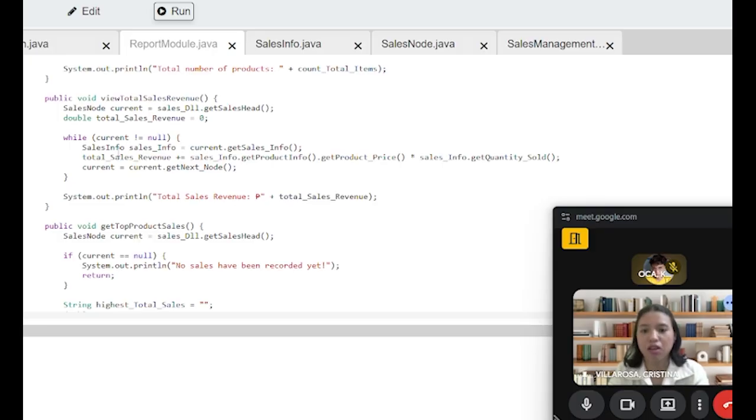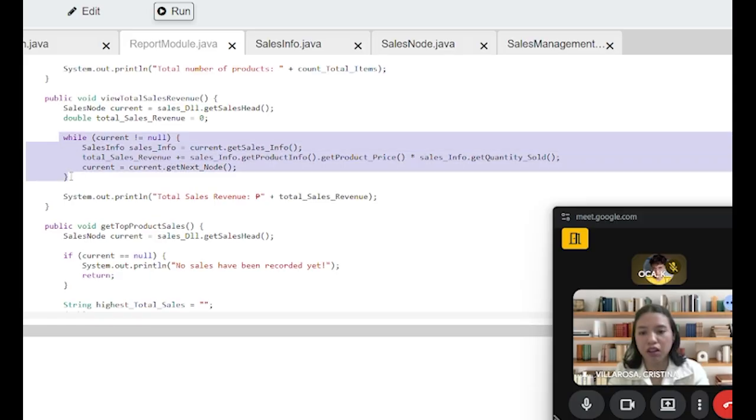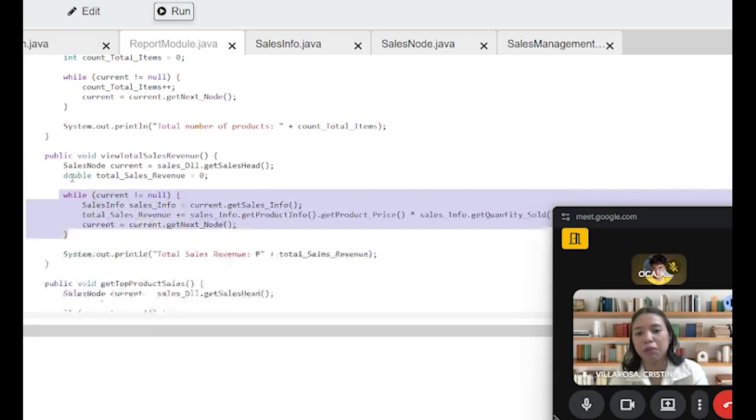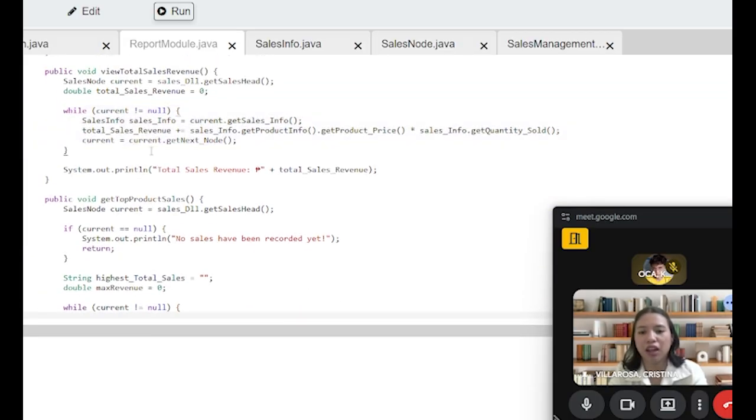Like in the total product, it will also get the information: salesInfo is equal to current.batchSales.getSales_info. After that, we will get the total sales revenue.